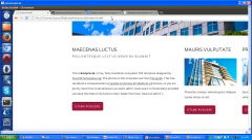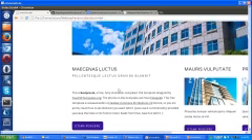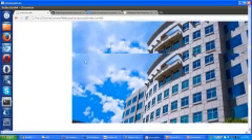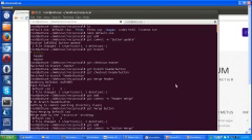Now let's check. So finally it's updated successfully with a new style. It's a header branch. Now I want to switch back to the old style. So now git checkout